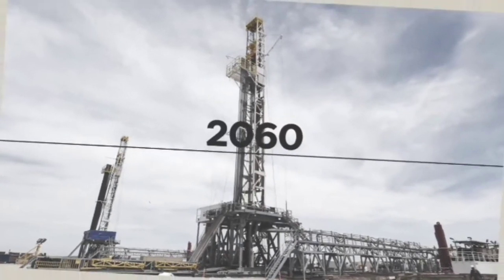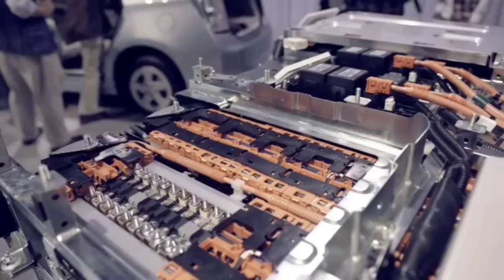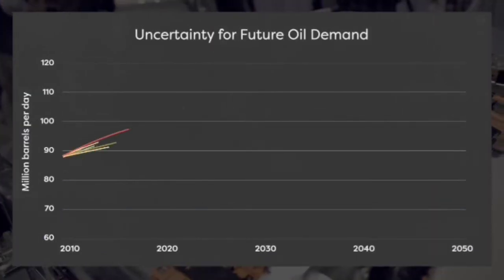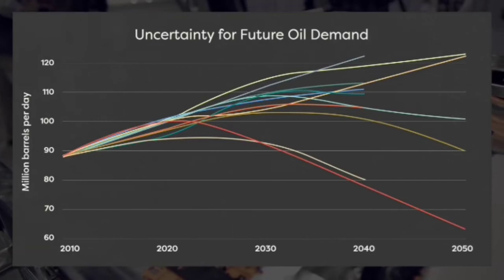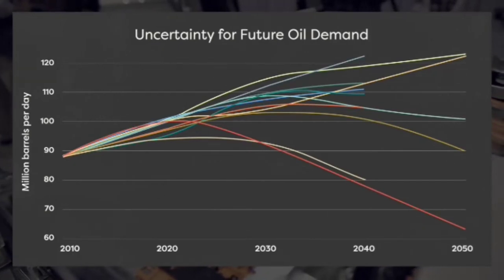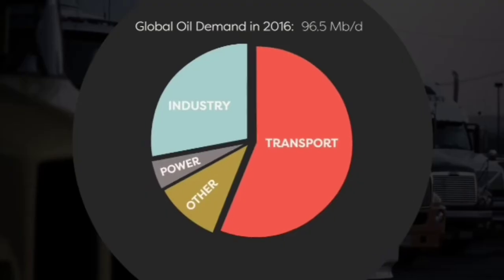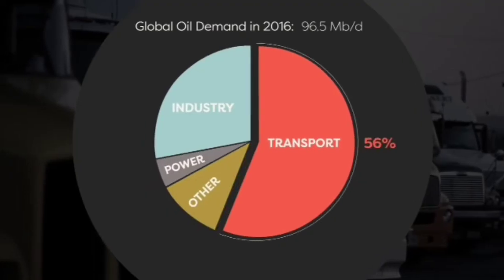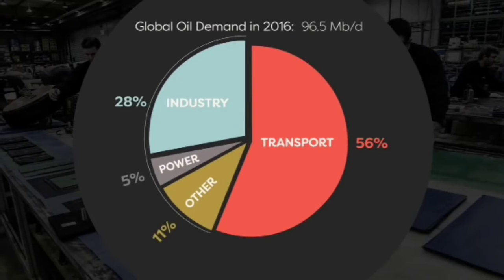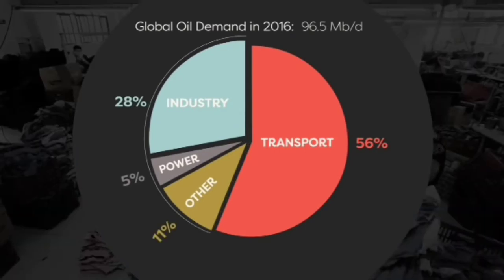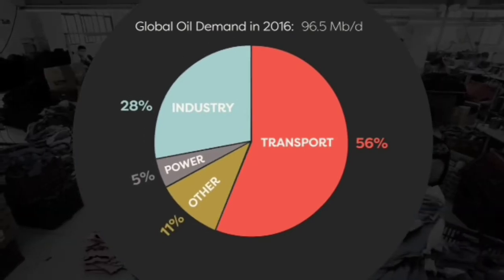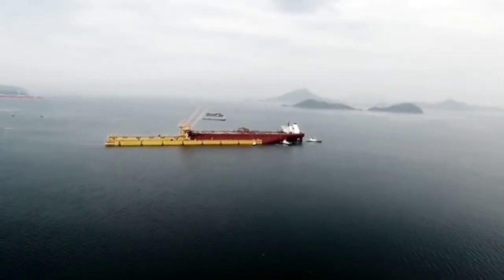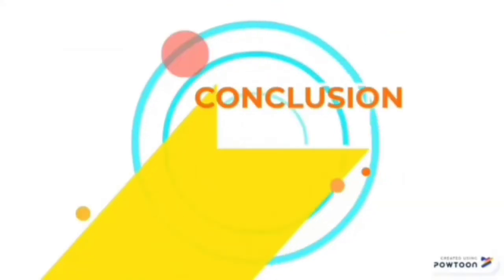The consensus now is that there are enough recoverable reserves to power the global economy for decades to come. But an emerging set of dynamics on the demand side have opened new questions and created a surprisingly wide range in forecasts for future oil demand. Well, the world right now is using just a little less than 100 million barrels a day of oil. It's everywhere, mainly transportation, but there are industrial uses of oil, and oil is found in everyday common objects like the clothes we wear. There's even oil in food as preservatives and in some medicines like aspirin. In the last 10 years, oil demand has grown by 1 million barrels a day.